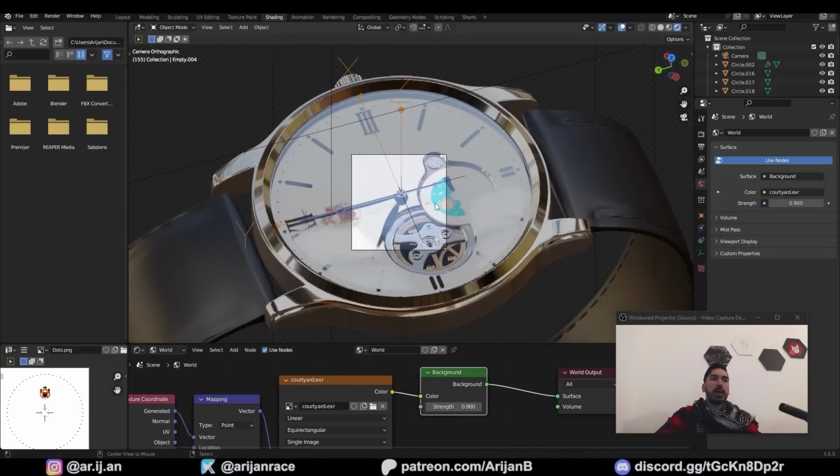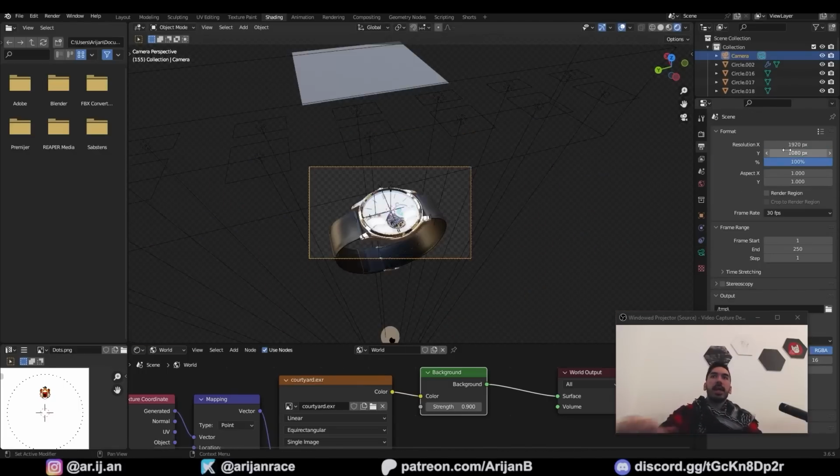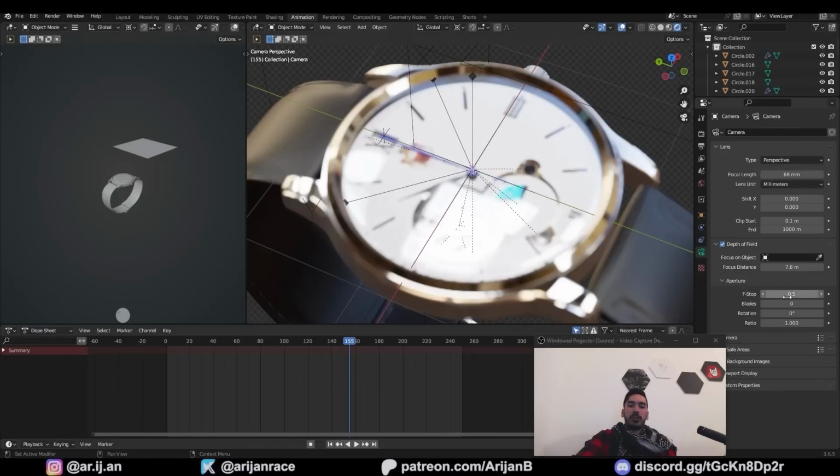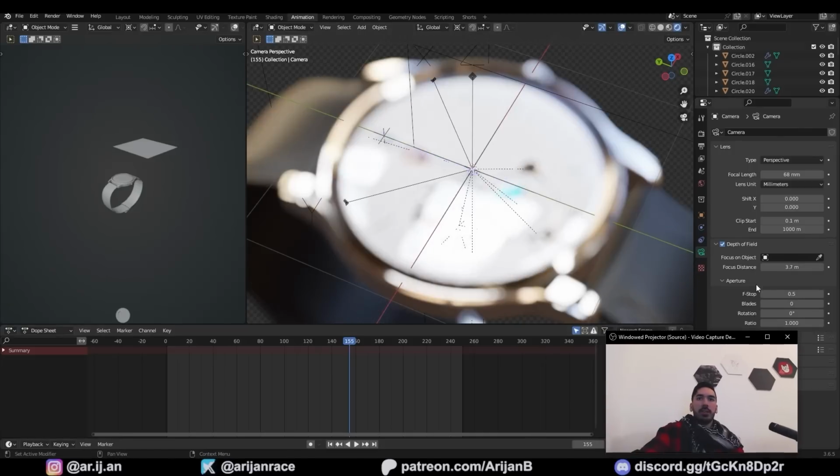I'm gonna parent my camera to that. Give me 1920 by 1080. I'm gonna zoom in a little bit like this, and I want to start a little bit blurry. So check depth of field, reduce the f-stop to something like 0.5. That's gonna make everything which isn't in focus very blurry. And at first I want my focal distance to be something like 3.7,